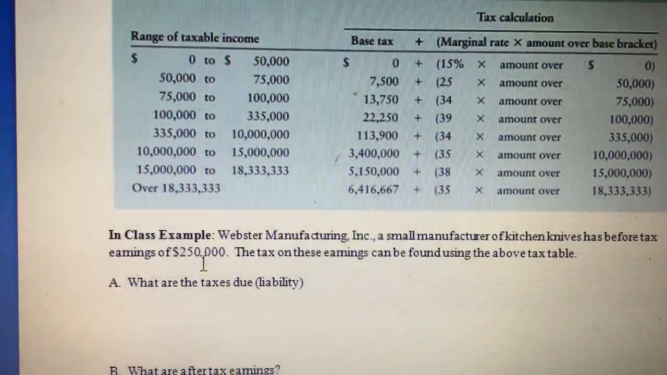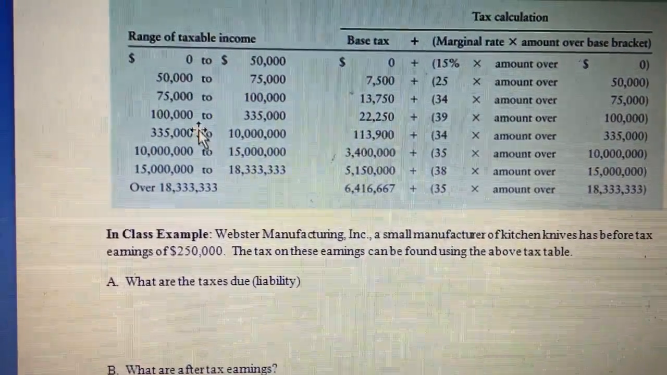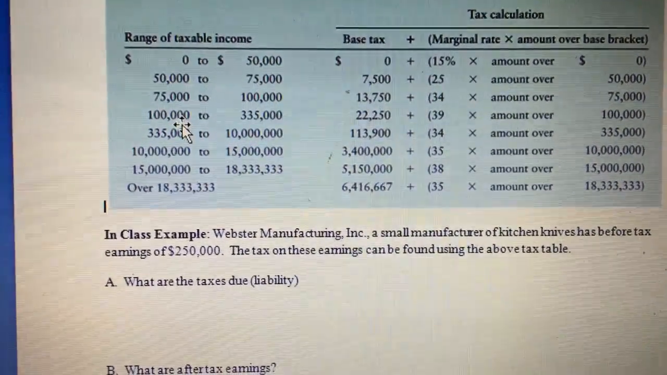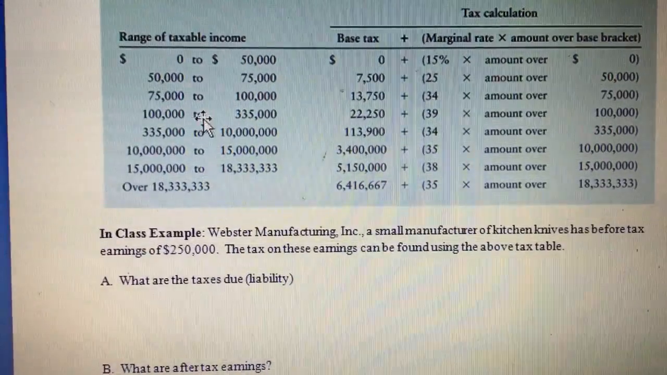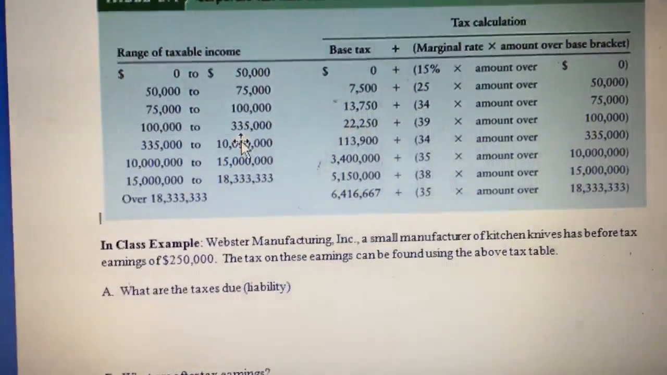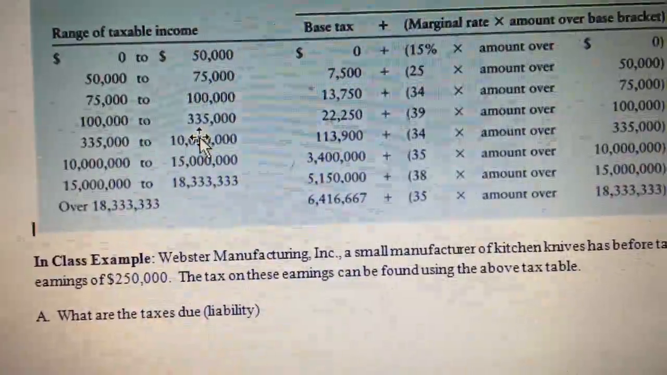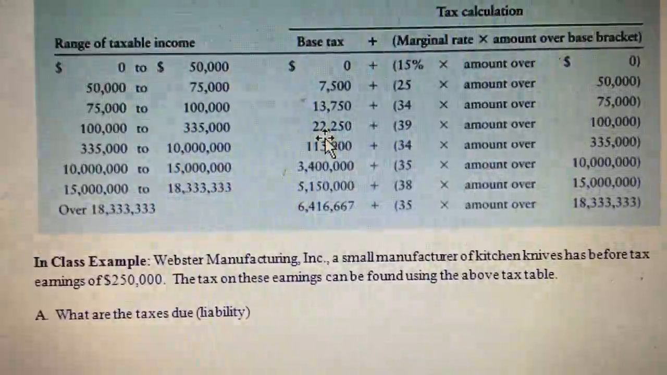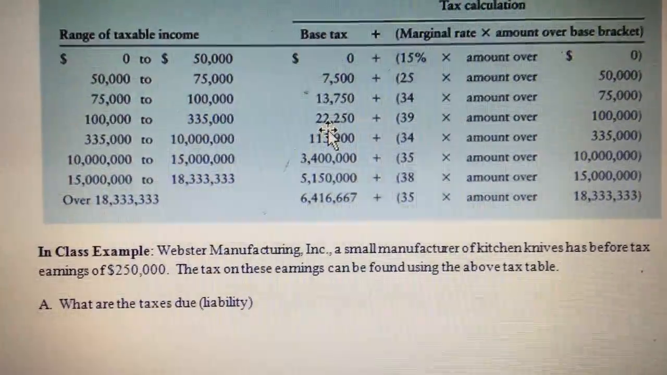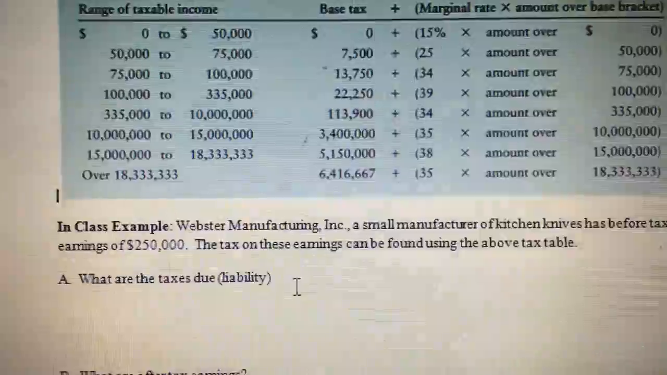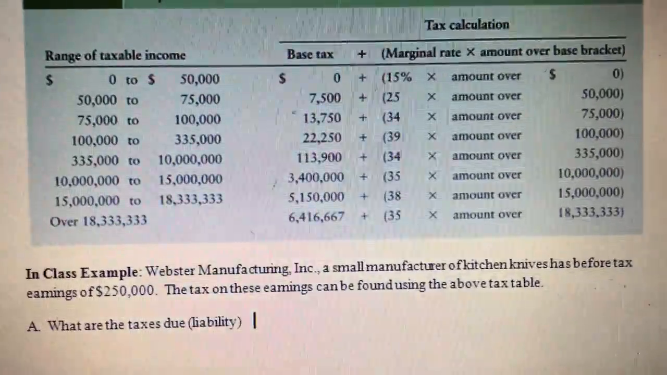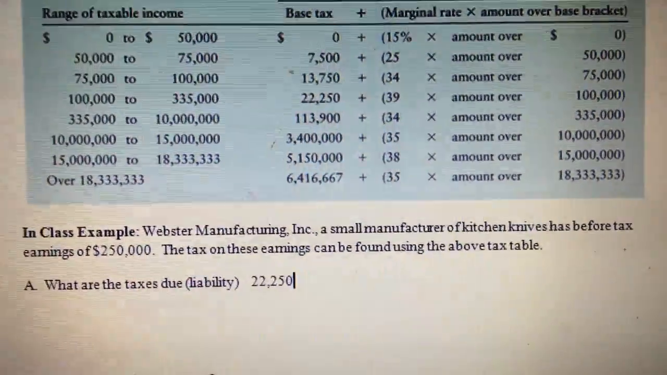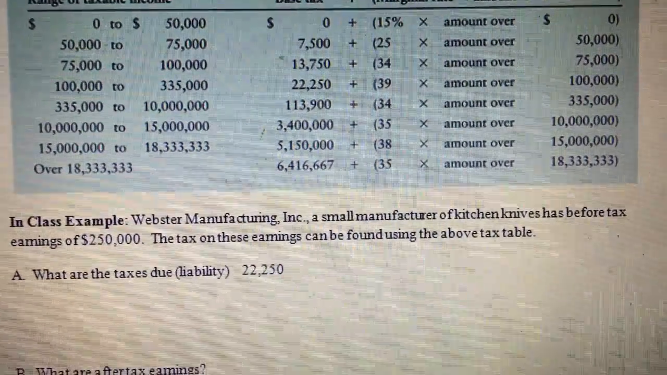So what you need to do is take the $250,000. You need to go up here to the range of taxable income, and if you'll notice that 250 falls in on row 4 between 100,000 and 335,000. So we have a base rate here, flat rate, that we're going to have to pay of $22,250. So we're going to type that in. Okay. And to that, we have to add